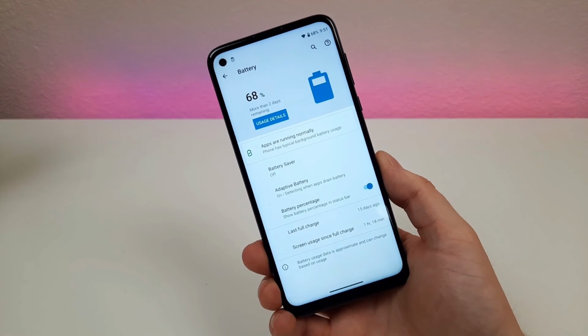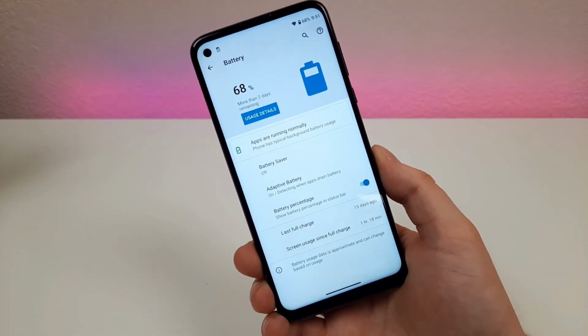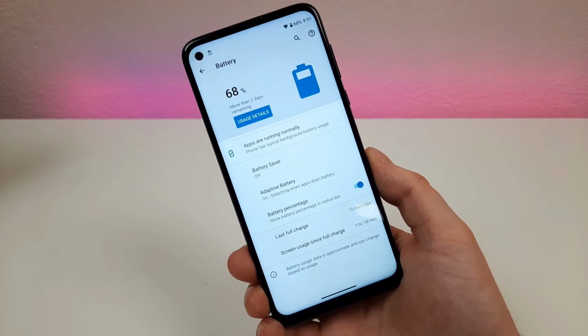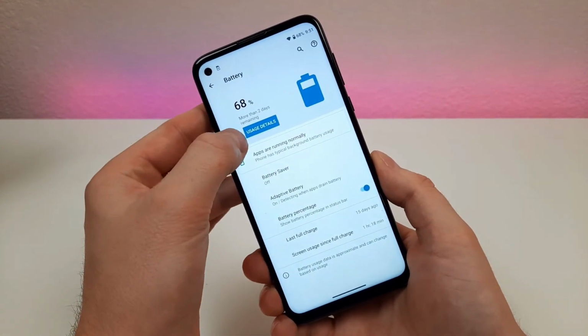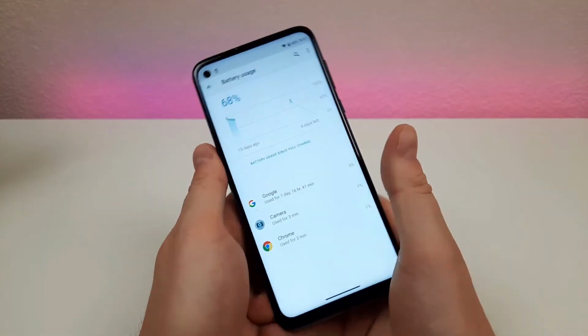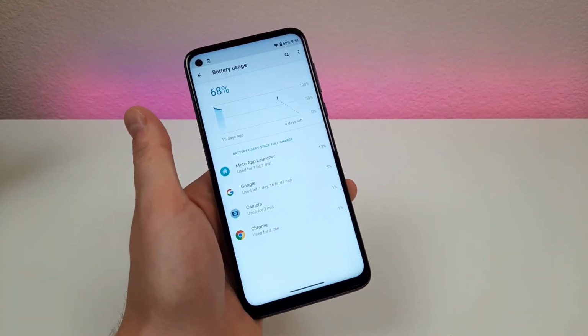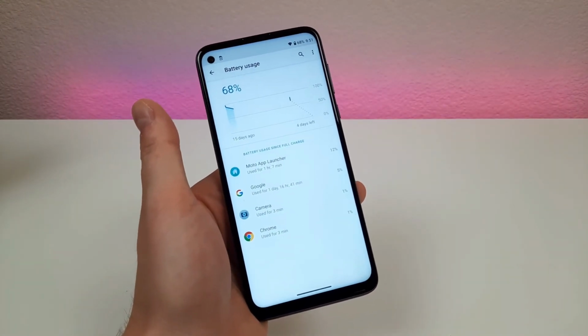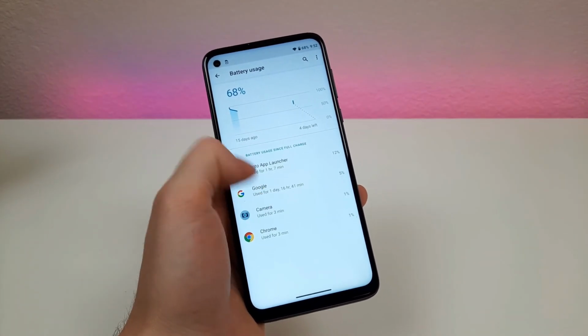In addition to that, you should definitely spend some time checking out the various features in the battery section in the settings, as there are quite a few cool things here. First thing is that you can actually see the usage details. So I understand with the Moto G Power, you're typically gonna get very good battery life, so you probably won't be too concerned about this, but you can see here which apps are using the majority of the battery life